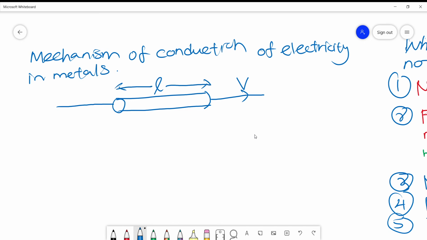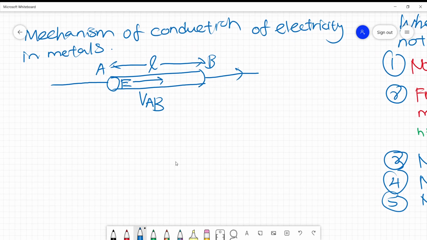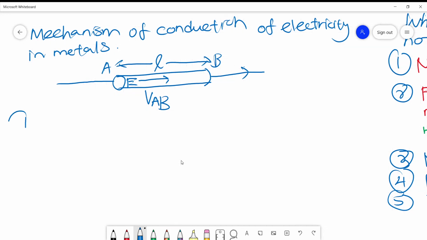I regard this point as A and this will be B, and this is the L, and the electric field flows from A to B. Sorry, this one should not be here. The potential difference exists across A and B. Alright, so for the first statement, when potential difference